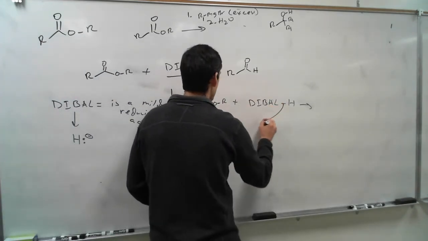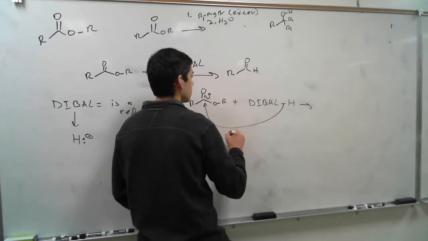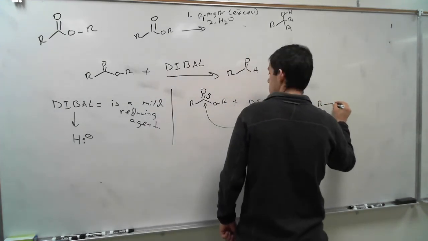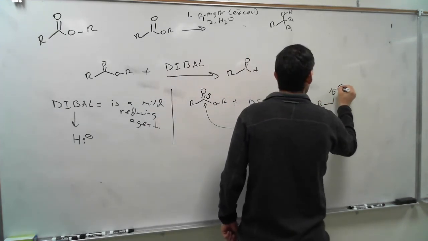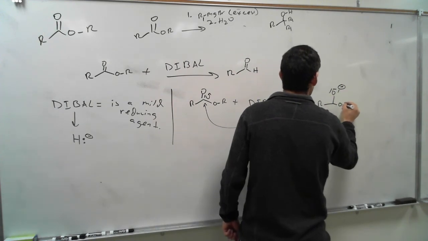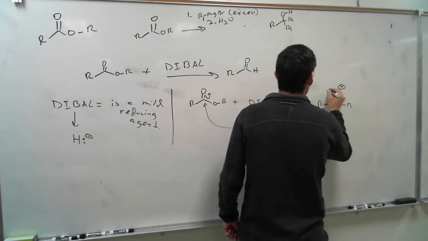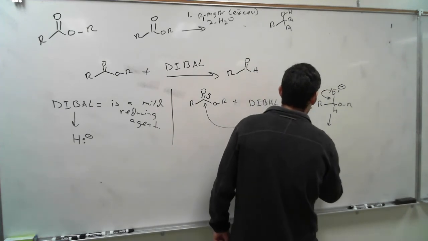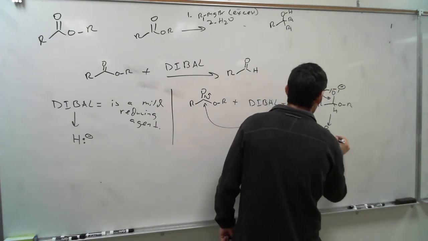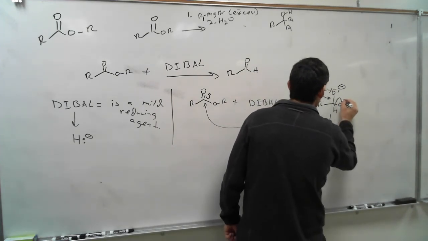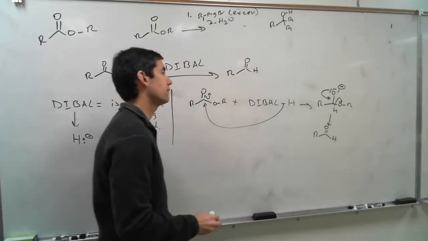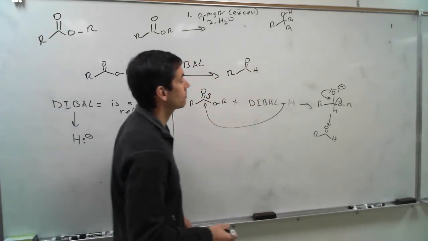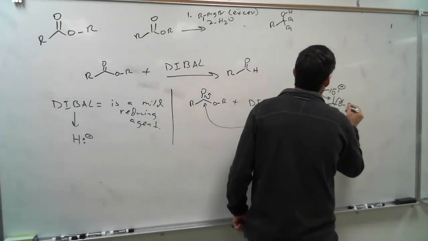And so the hydride is going to attack here, come up, and then we have electrons coming back. We kick off, electrons go back down, we kick off our leaving group, which is OR, and we end up